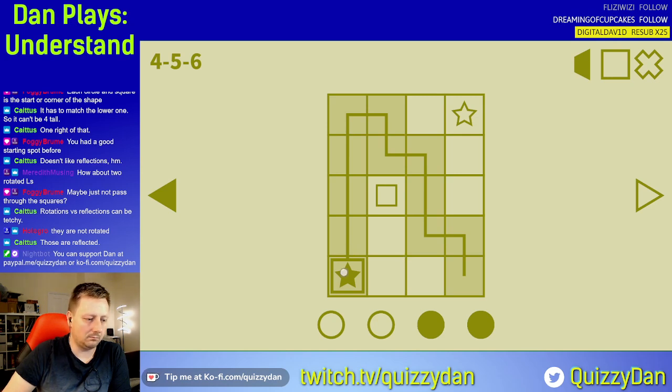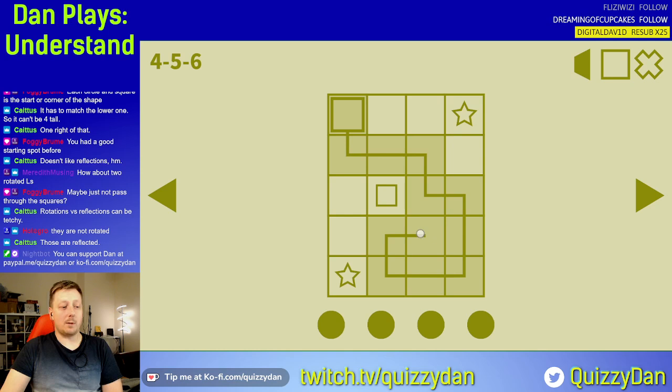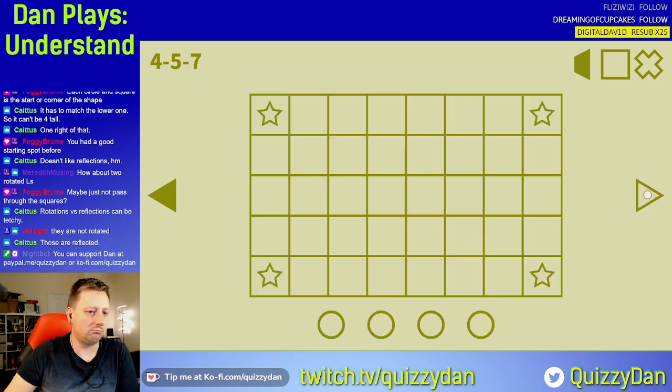Could be T's, of course. Oh no, they can't be T's. Can they be L's? Put an L there. Then it would have to go here, wouldn't it? So it would be there. There we go. So no two symbols that are the same in each area. And you have to make...